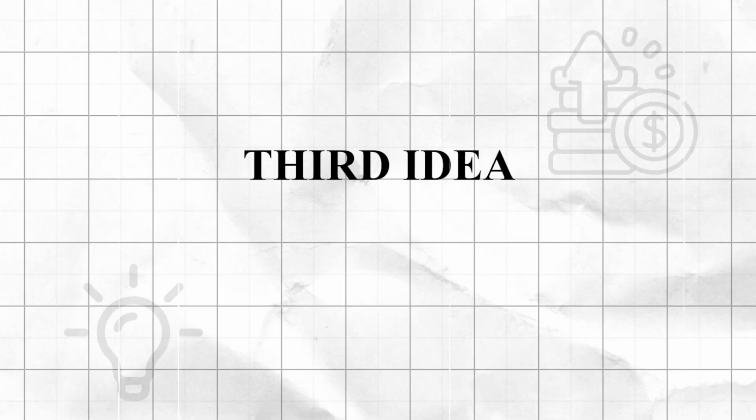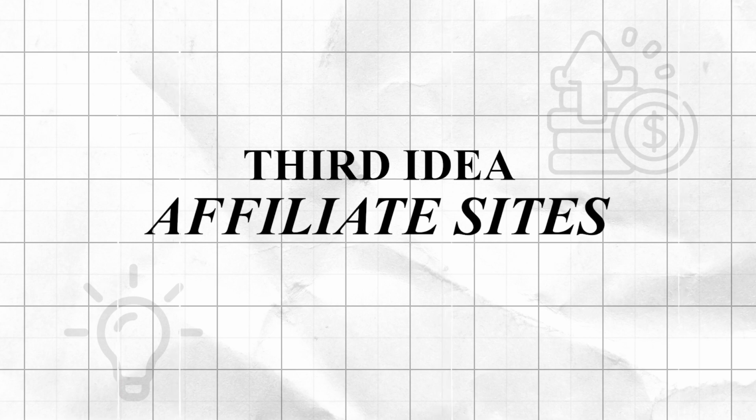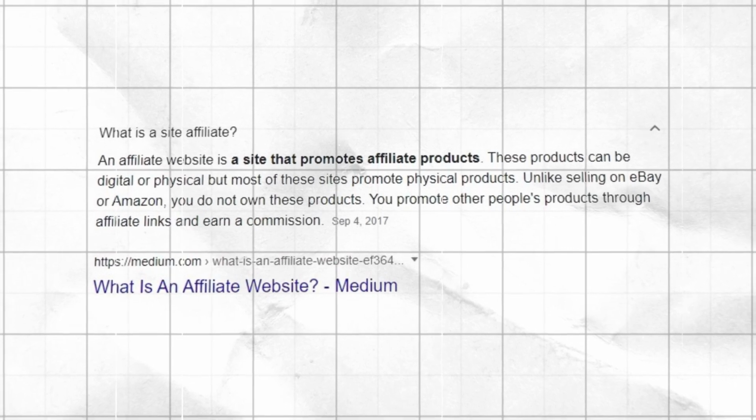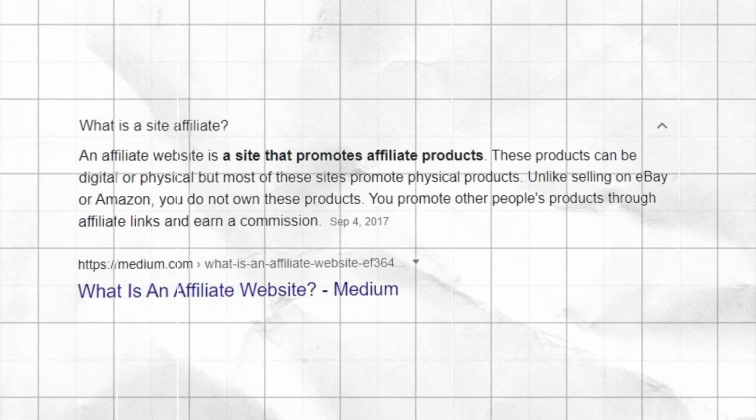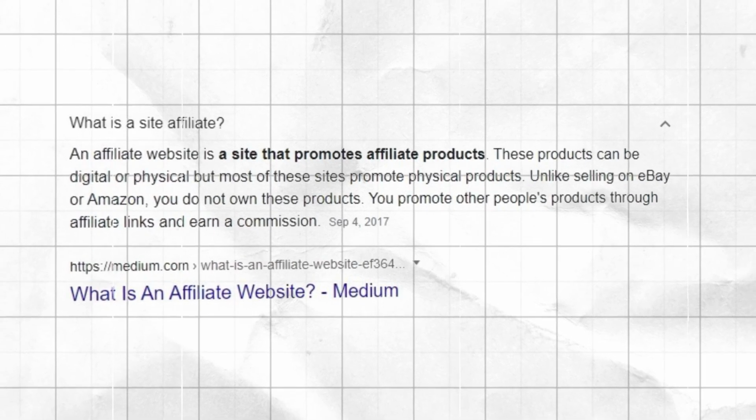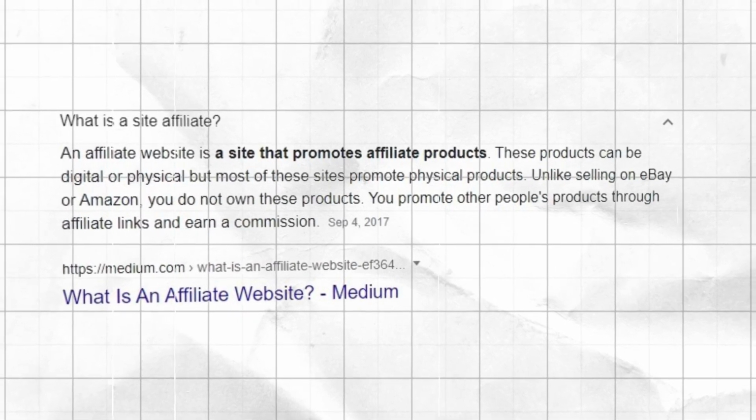Our third idea is related to blogging, and that is affiliate sites. And what are affiliate sites? So affiliate sites would be sites that are centered around a certain class or type of product that maybe review that product and then have affiliate links in the blog posts that people click through. Now, the thing with affiliate sites is you need significant traffic in order to make any kind of decent money, because Amazon's affiliate program pays pennies on the dollar. I don't think it's very significant from what I've heard,